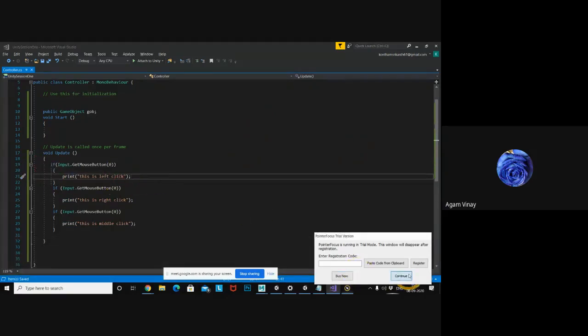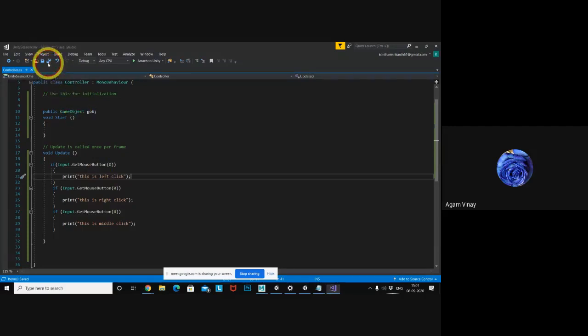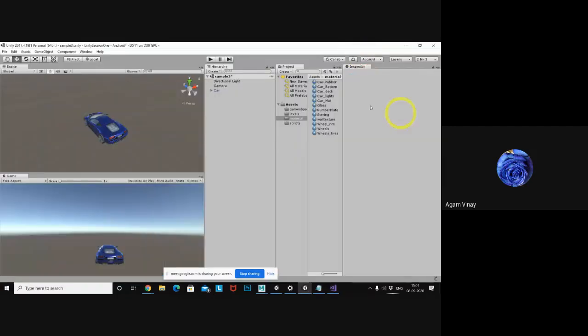I saved with Control S, which is for saving the script. So GetMouseButtonDown: 0 means left click, 1 means right click, and 2 means middle click. The compile is done.